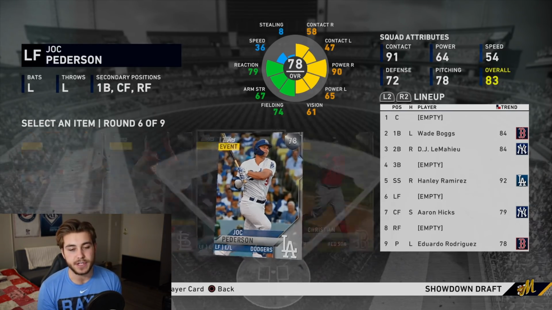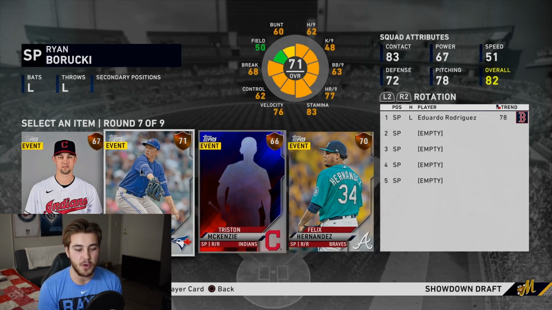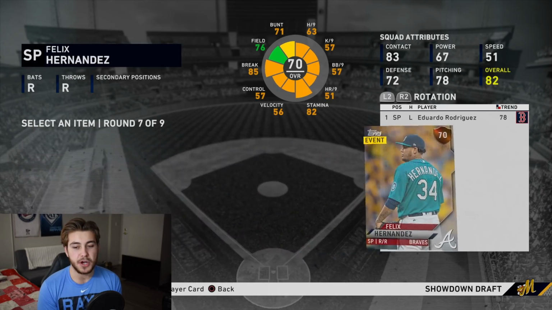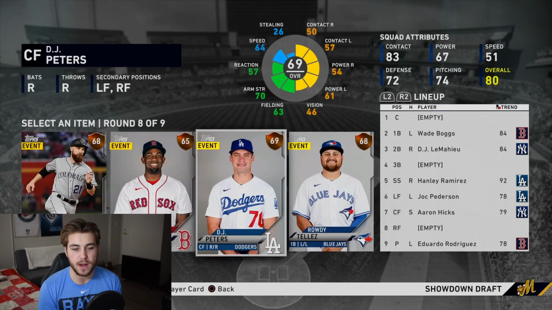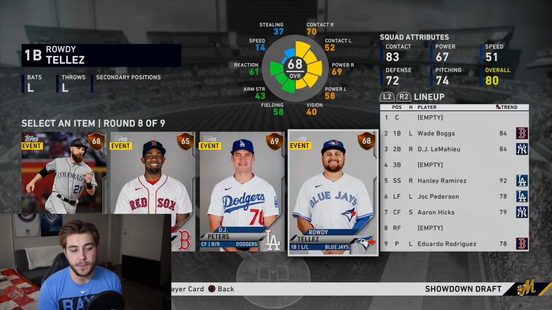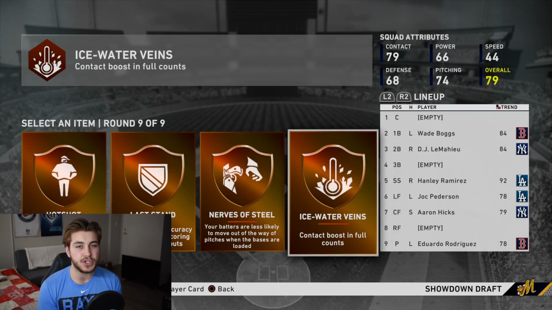Guys like Jock Peterson are perfect. I can't stress enough, do not focus so much on the defensive metrics of players, more so think about how good is their power, how good is their offense, because that's going to be much more important to you. And at some point, especially once you do the moments throughout the showdown, positions don't matter that much,